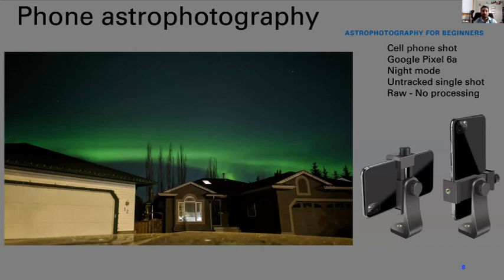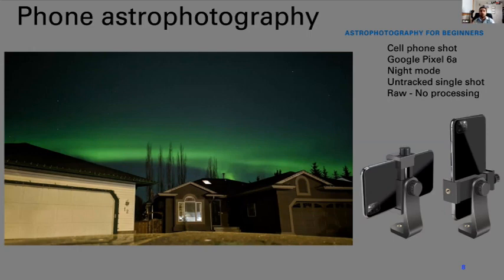So this is what a somewhat modern cell phone can do. Mine is the Google Pixel 6a, which I think I paid like $300 for on Boxing Day. So it's not a high-end phone. It's not the Pixel 8 or Samsung Galaxy Ultra S22 or whatever they're at now. But even a fairly basic phone like this can take pretty good night pictures. The key is to learn what features your phone has that can help you. And night mode, as it's called on the Google Pixel 6a, is indispensable. It basically blew away all my expectations once I started experimenting with it.